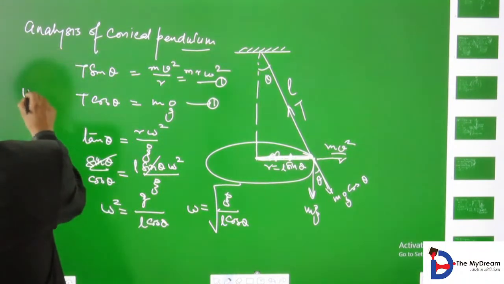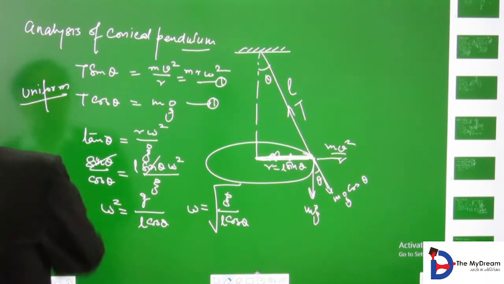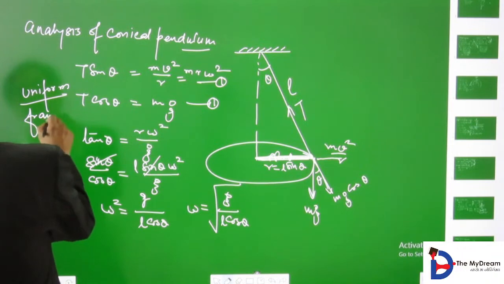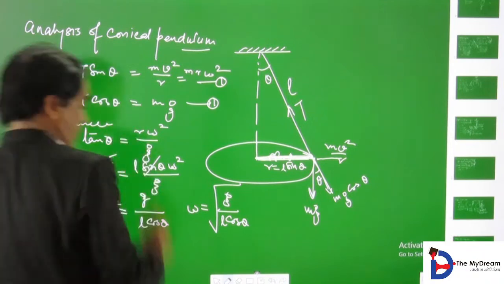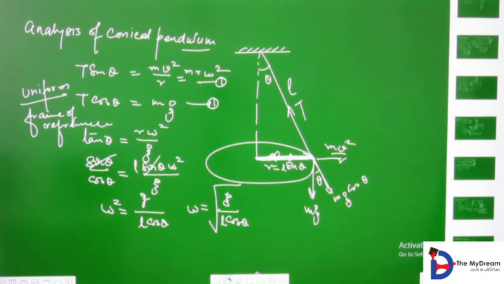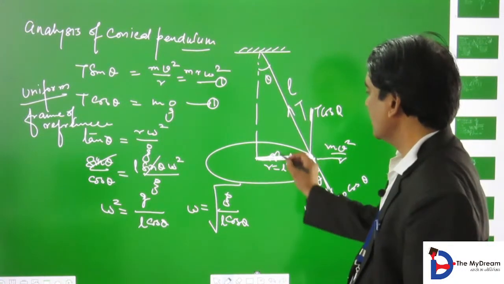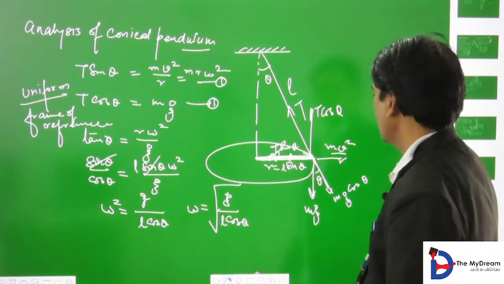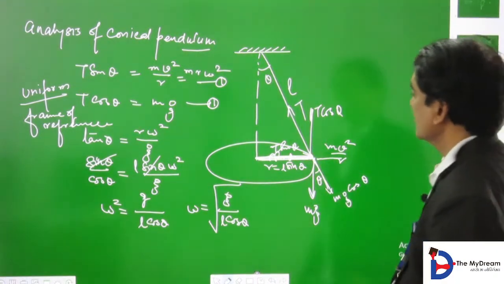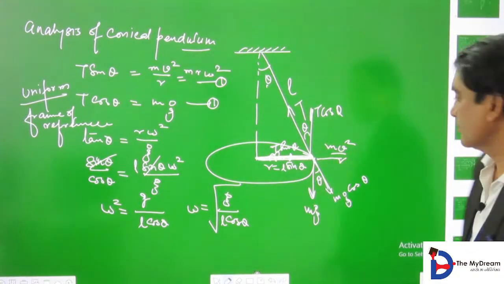This is the uniform frame of reference. ठीक है, नॉन यूनिफॉर्म फ्रेम ऑफ रेफरेंस में बेटे क्या करते हैं, कंपोनेंट डेवलप करते हैं। ये यहाँ पे बना लो T cos theta, ये बना लो T sin theta, ये theta है तो ये भी theta है, ये तो अंडरस्टूड है।